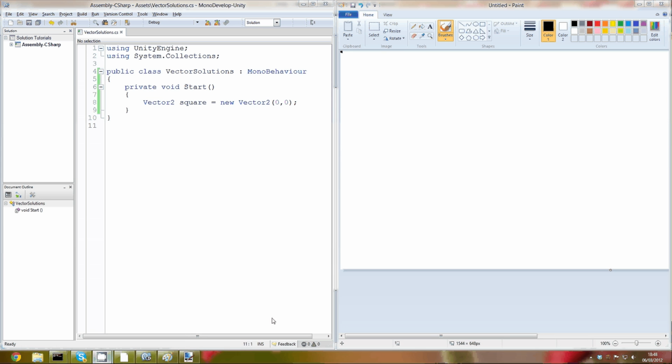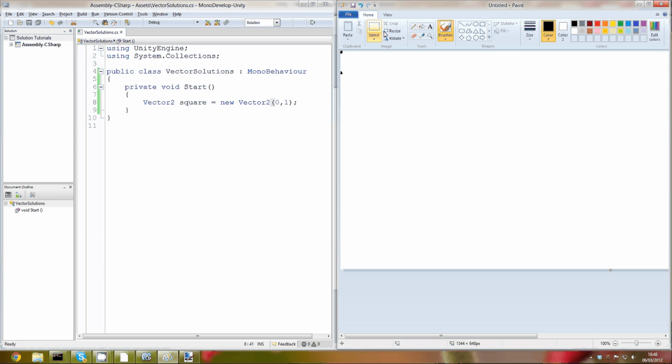Okay, yeah, the point would be here, and that's basically it. If we make it 1, then the point would actually move here, or